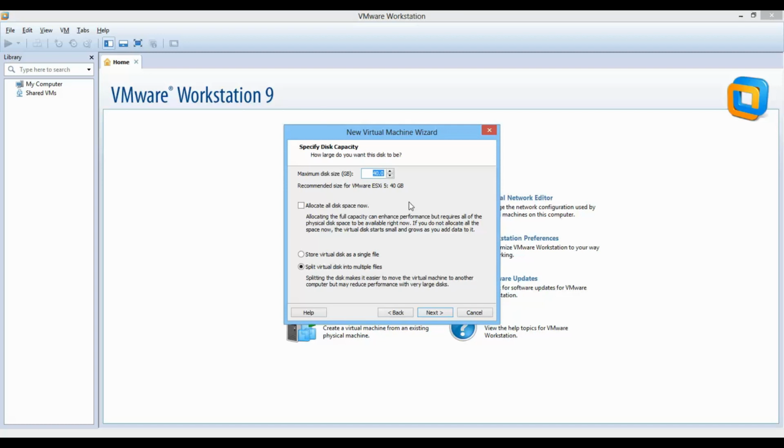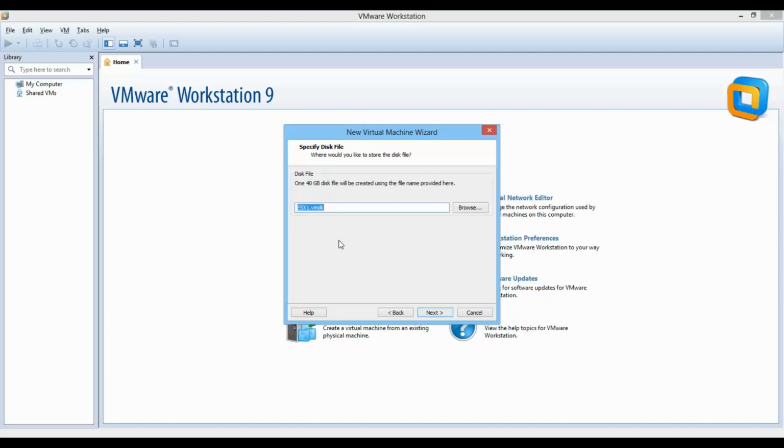So what will happen, suppose I have another machine or my friend wants to take this image, I just copy that folder and give it to him, he'll import it and the machine will be ready. Even in that case, we are working with VMware 15 also, but still it's going to work. You can see the installation is almost done.